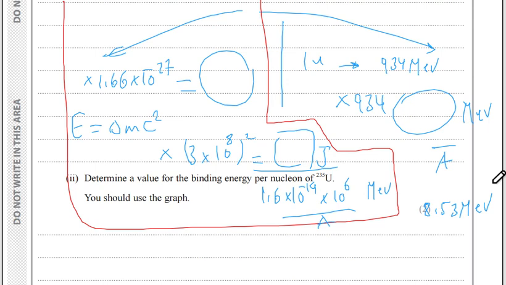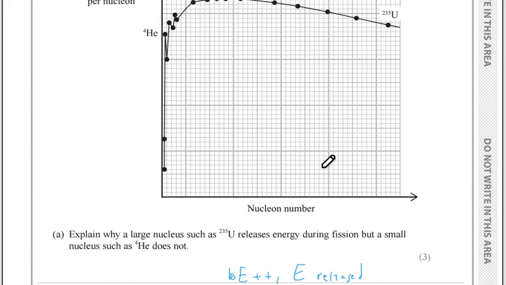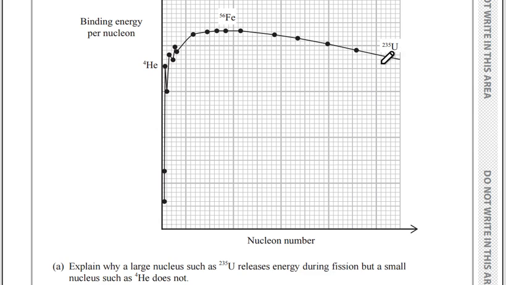We need the binding energy per nucleon, BE per A, for uranium, and we should use the graph. It is obvious that we have just calculated BE per A for iron 56. It was 8.54 MeV, and this is represented here by 1, 2, 3, 4, 4 big squares, and 1, 2, 3. So this is 4.3 for uranium,